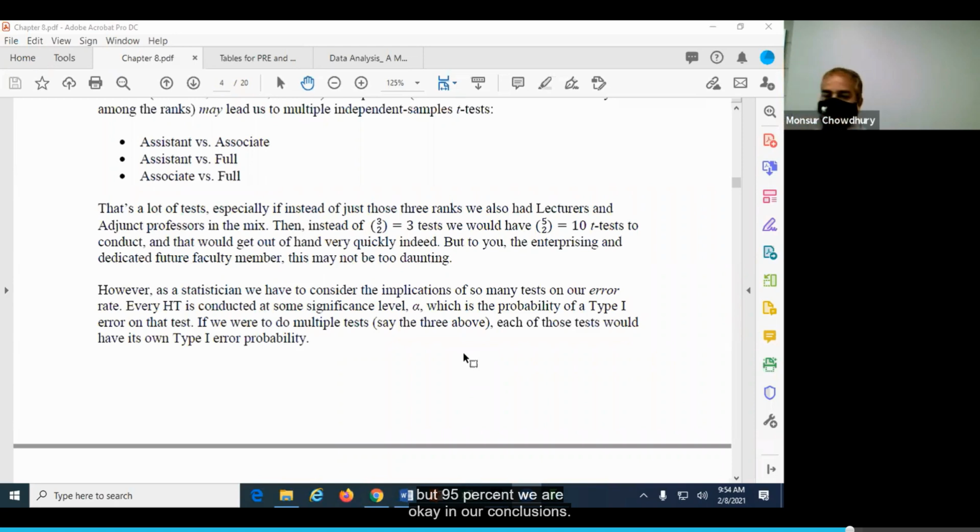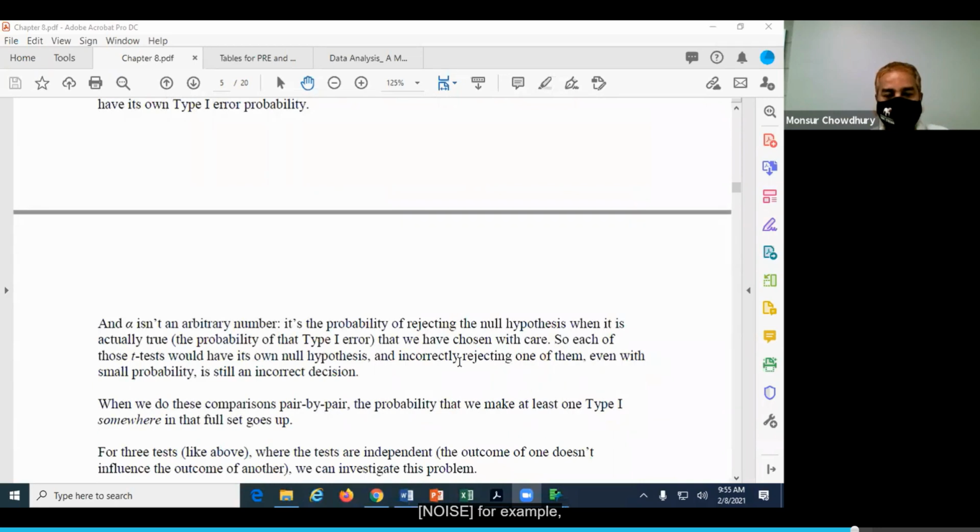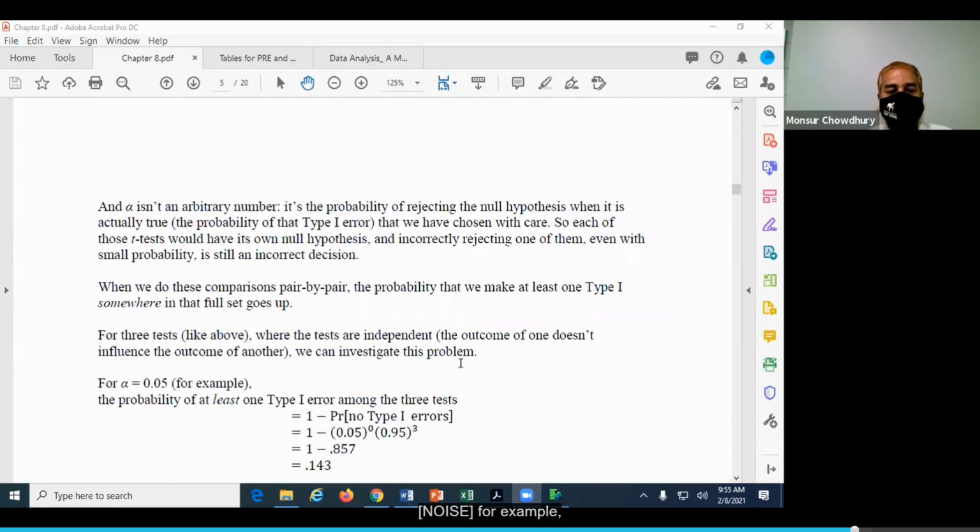Now if we do multiple tests, each of these tests should have their own rate, which is 5% for each of these. Now for example, in our case, if we just consider the three groups, so we are doing 3 choose 2, which is only 3 tests.